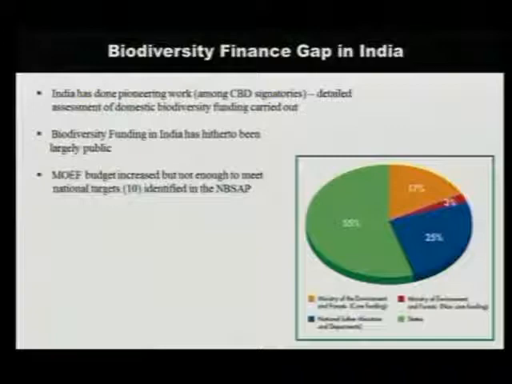Now let's come to the context in India. If you remember, Mr. Hem Pandey talked about the serious biodiversity finance gap in India. We've already chalked out our national biodiversity targets. There are 10 of them. Mr. Ravi Kumar will further talk about those targets. And India has done pioneering work in assessing our domestic biodiversity funding.